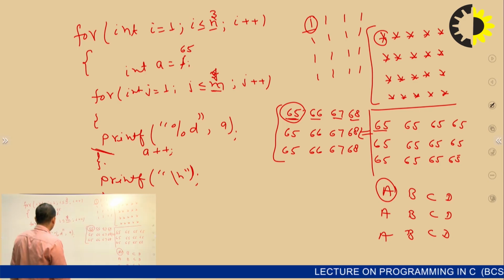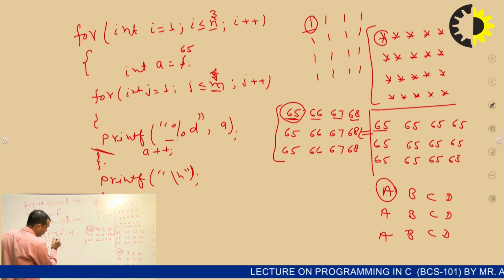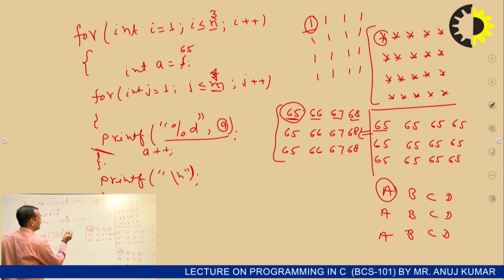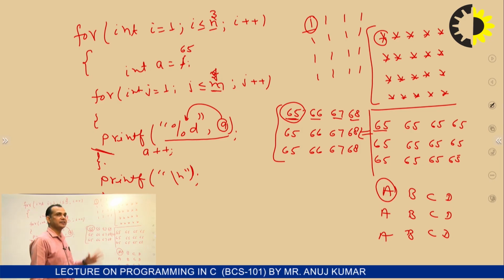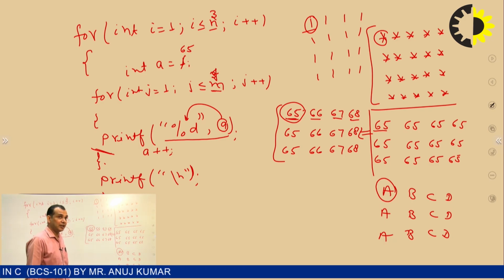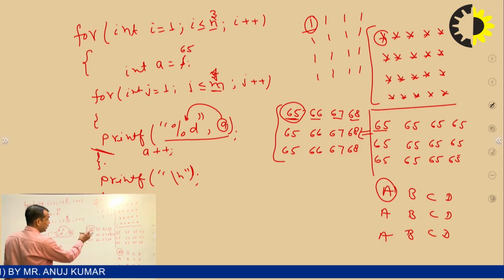So here, if we have to print the value of a, and the value is of integer type, it will give me the answer as integer type, that is 65, 66, 67 and 68. But now what we want to print is the ASCII value. So instead of this line,